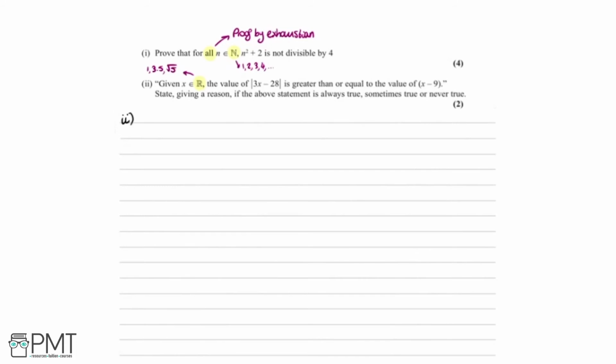Now essentially what the statement is saying is that the modulus of 3x minus 28 is greater than or equal to the value of x minus 9. And we need to state whether this statement is always true, sometimes true, or never true. Now there are a few different approaches we could take, but I think a graphical approach will work really well. Now I've drawn out a set of axes here, and what we're first going to sketch is